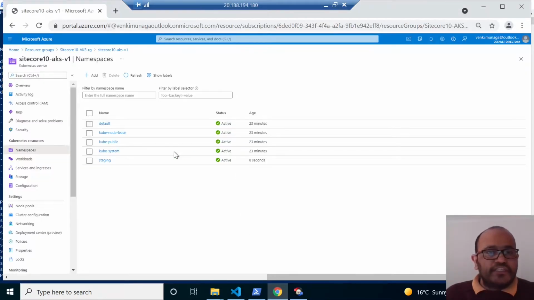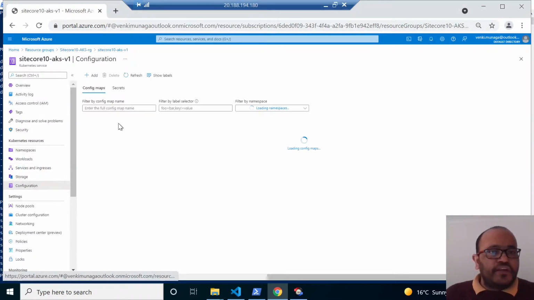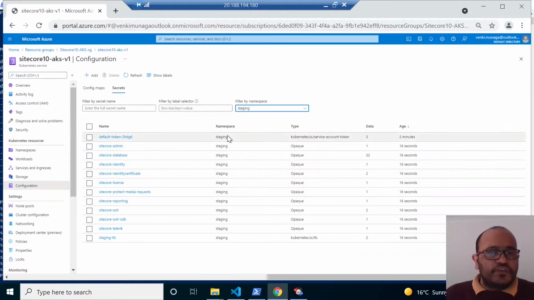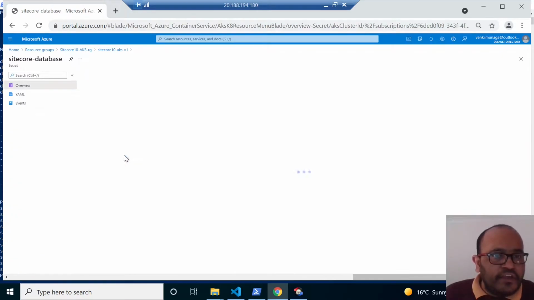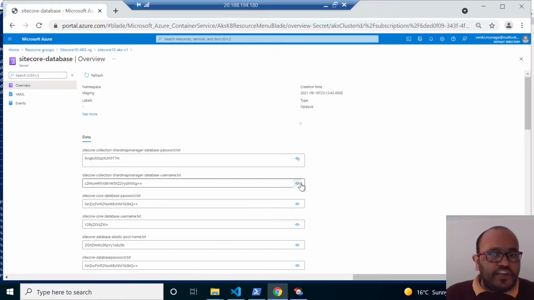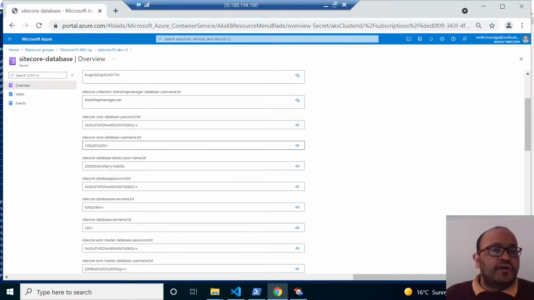If I go and see here in my configurations, I can check it in the secrets. See here, I will change my namespace. All of these I deployed are within the namespace. And you can also check the graphical structure of that. If I see here, Sitecore databases, these are the passwords, these are all there. If you click on here, you can see the password.